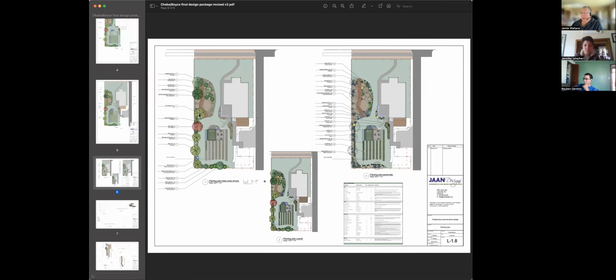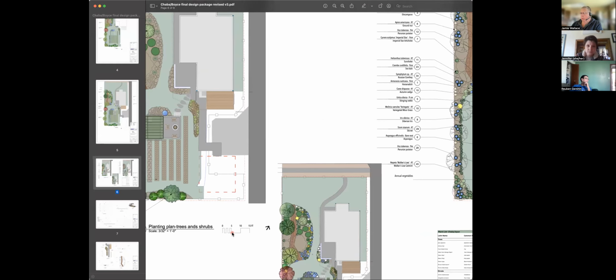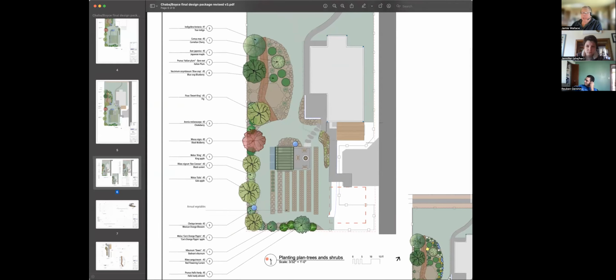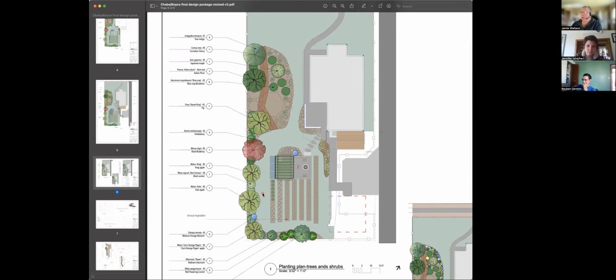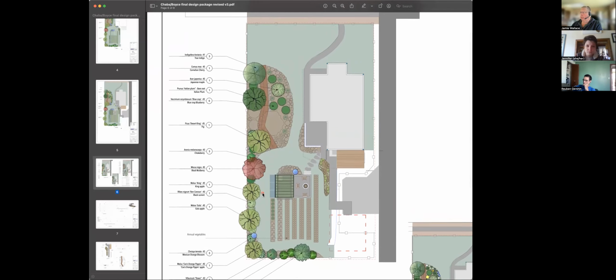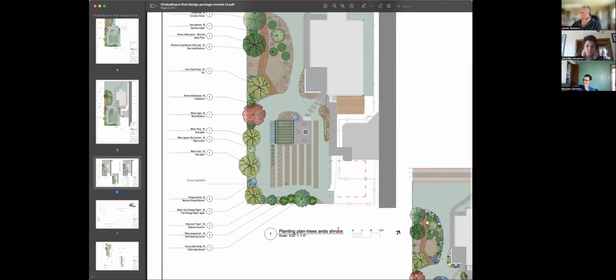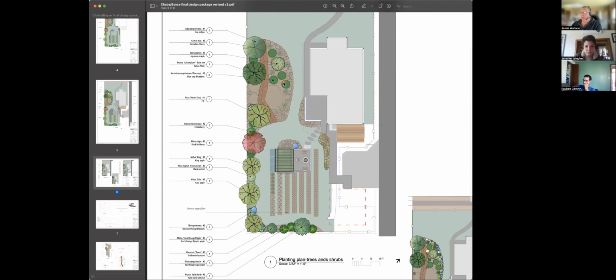So here is the planting plan of the whole garden that we were looking at. And I'll show these other elements. All right. So on the left here, this is a large sheet. It's 24 by 36. That's typically what we use. On the left here, we have our planting plan, and we're showing trees and shrubs. So we're just showing woody plants,